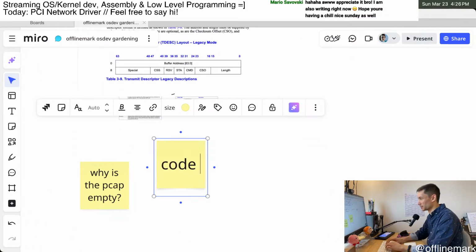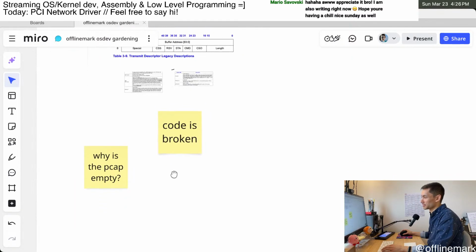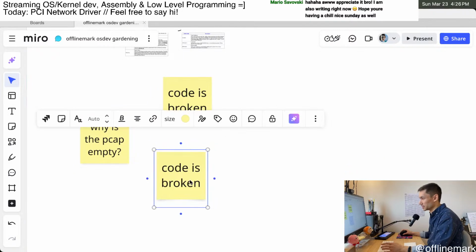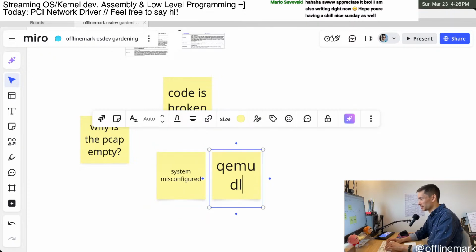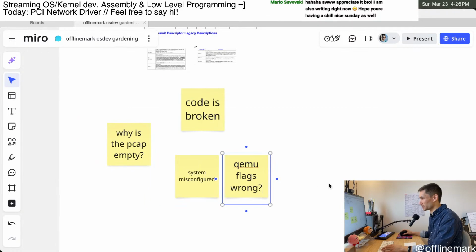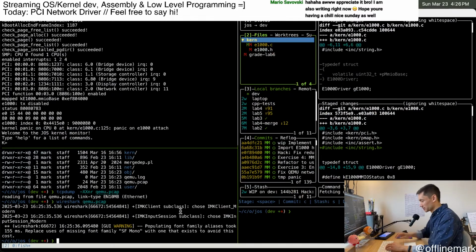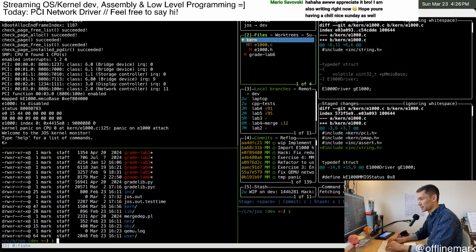The most obvious reason is that the code is broken somehow. Even though I think I'm doing everything correctly, I'm not, and there's some missing configuration or something like that. Another reason might be that my system is just misconfigured, like maybe my QEMU flags are wrong or something weird like that. I don't think that's the case. So just to prove it, I'm going to delete the pcap so we don't see